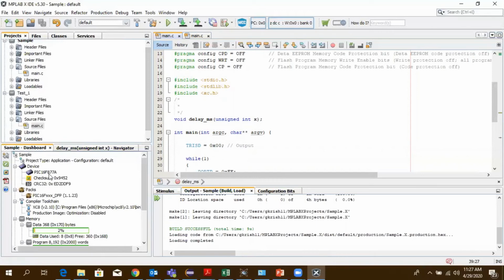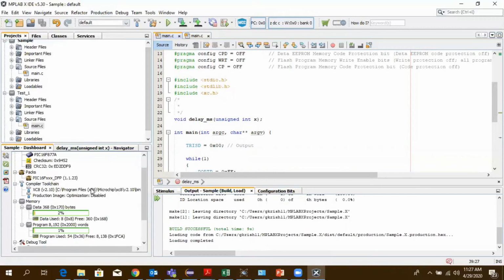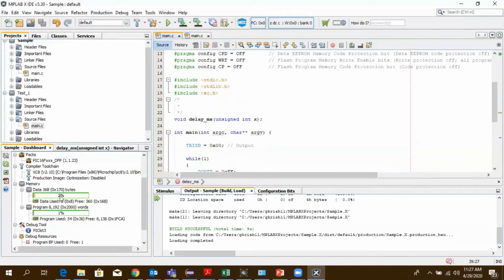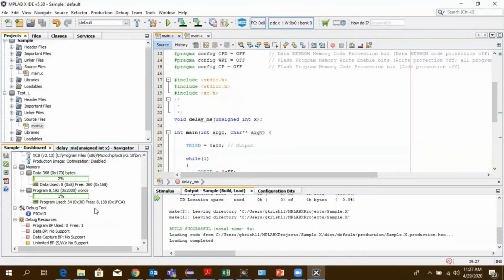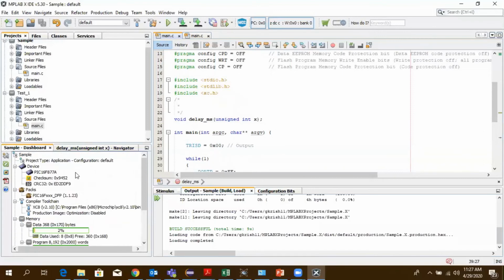You can see the micro we have chosen, PIC16F877A, what compiler we are going to use, and how much memory is being occupied. The data 2% is occupied and 1% of program memory is occupied. The debug tool we have selected is PICkit 3. This information will help you understand which controller we are going to use and what the memory size is.